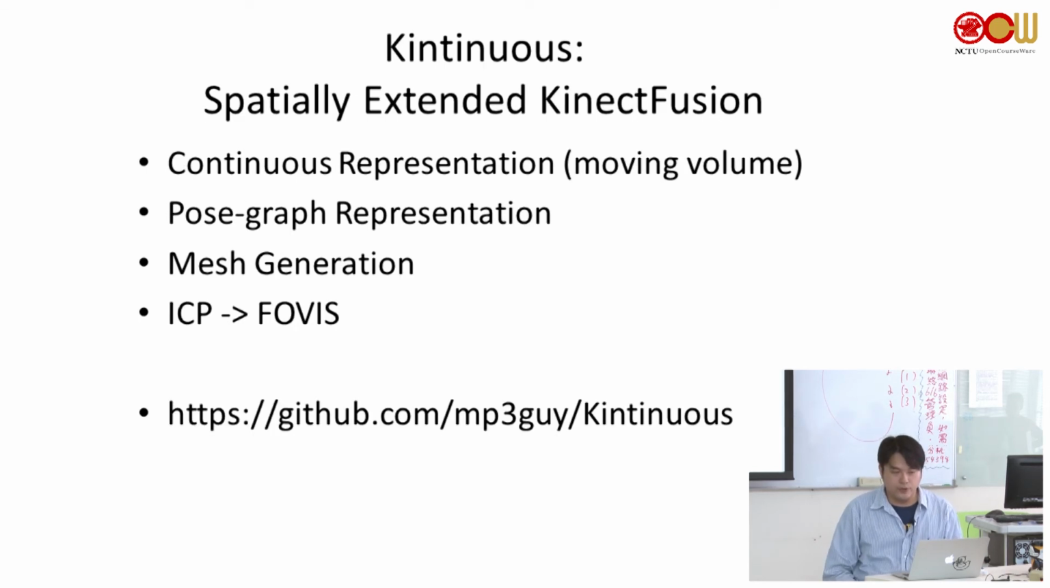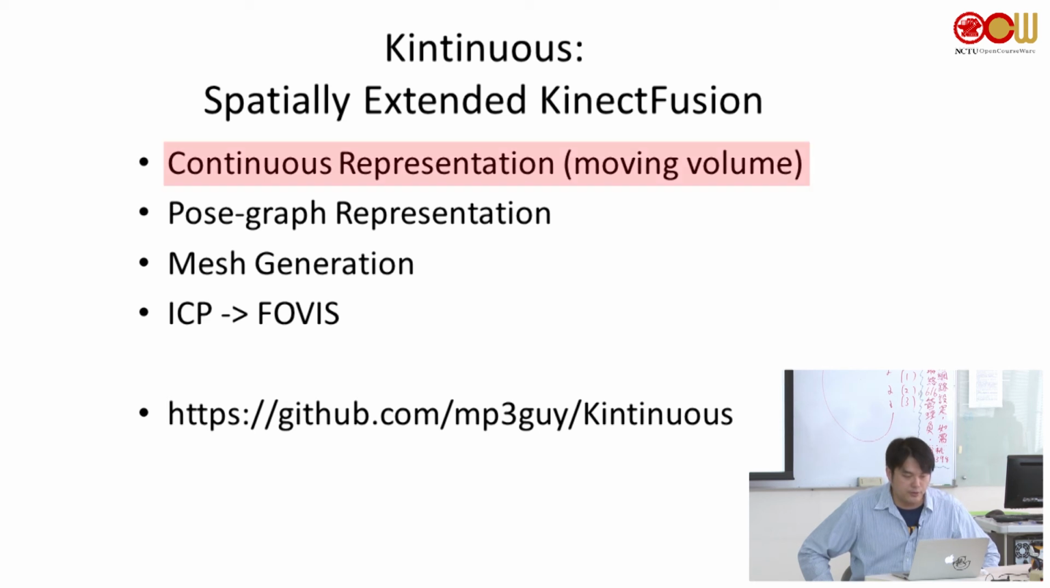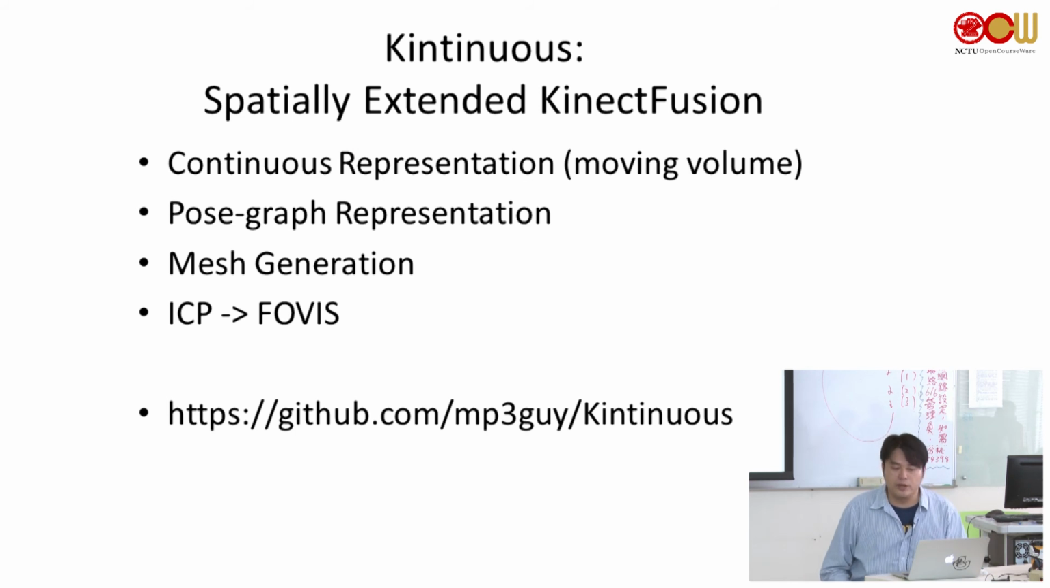Let me just refer you to this paper called Kintinuous. The one you have seen, the robot walking on the stairs, that's relatively small scale. If you are interested, please take a look at Kintinuous. There are some significant improvements here. The first one is called continuous representation. That means in the paper, they figured out some way to move the volume so that it could become very large scale. And the second part is called the pose graph, which is what I just showed you, the